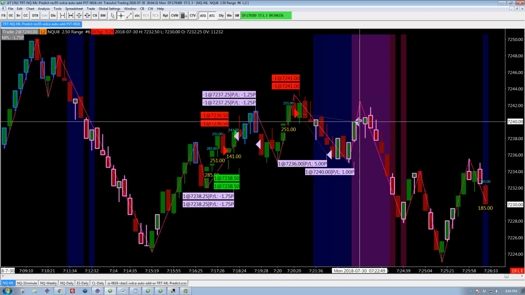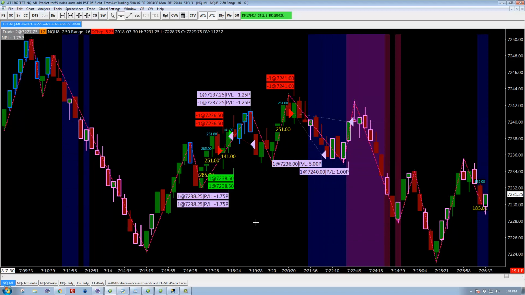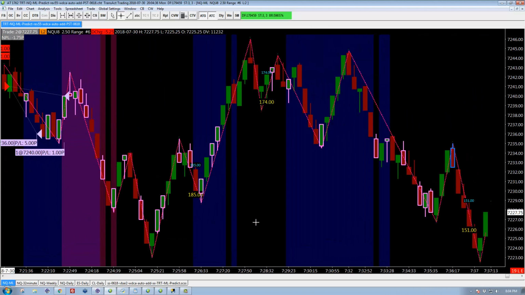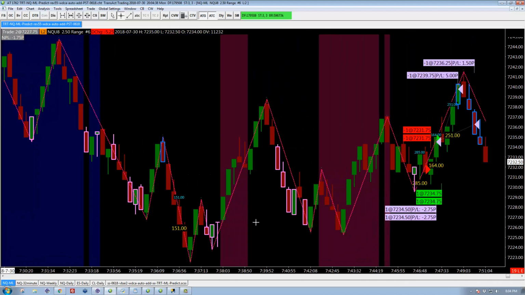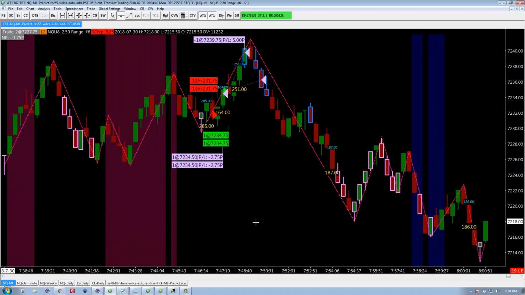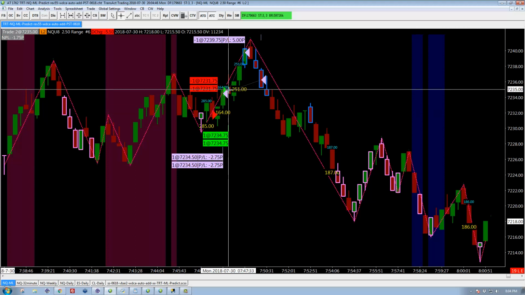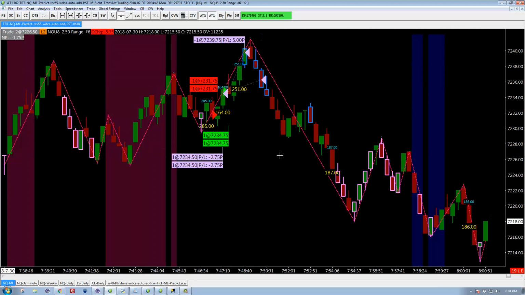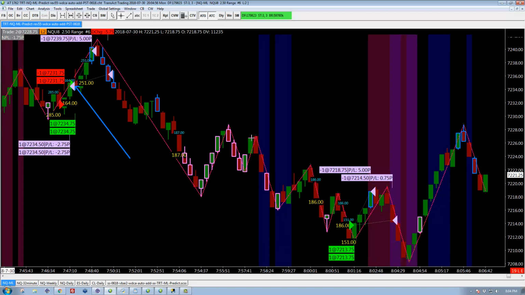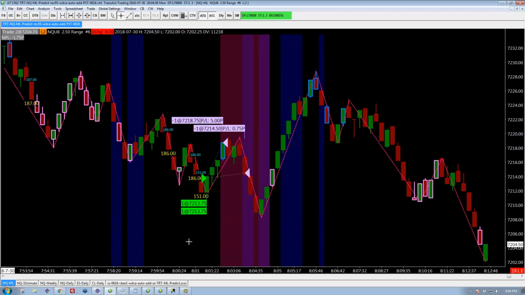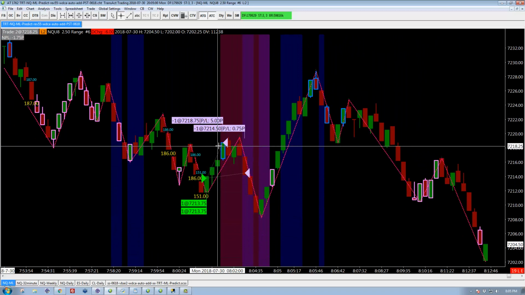Short here to make 5 and 1, kind of making up for that. And let's see, and then we get. So here's that exact case, right? We short here, take a loss, immediately get long, and make 5 and 1. So this is exactly what you want to happen. You want the machine to just do what it's been trained to do. And then a long to make 5 and